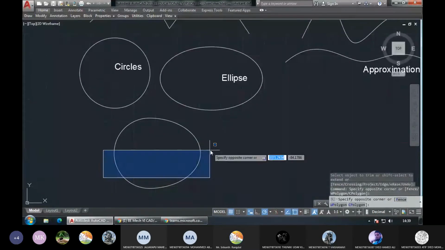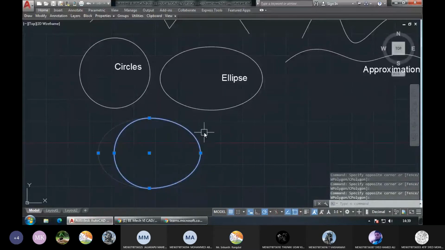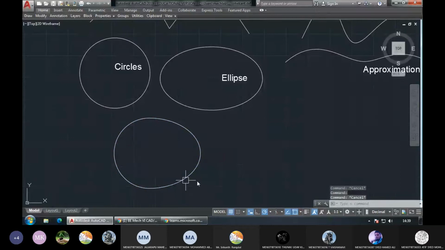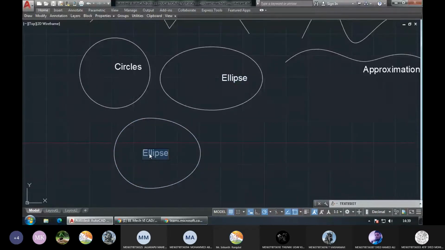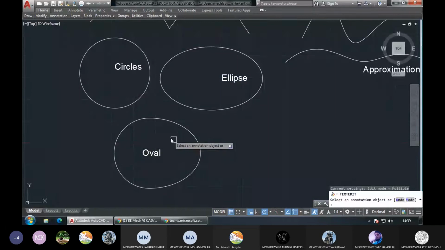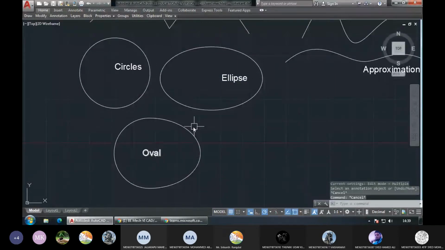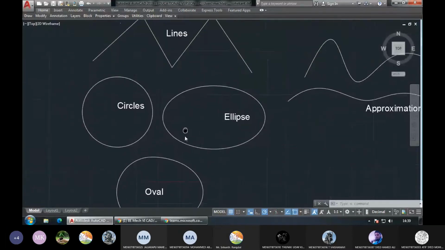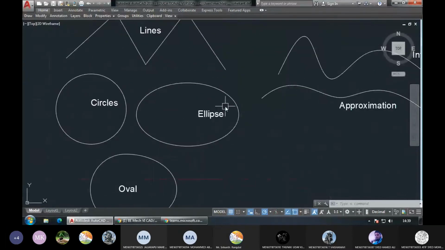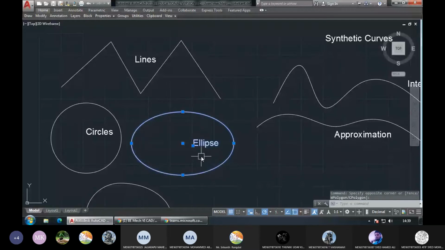So this is what oval will be like. One side will be having more curvature, the second will not be having that much curvature. So this is an egg shape. Fine, this is oval. Actual oval will be slightly made differently. I just wanted to give an idea about the difference between circle, ellipse and oval. So oval is also an analytical curve, but the more important one from our point will be the ellipse, not the oval.